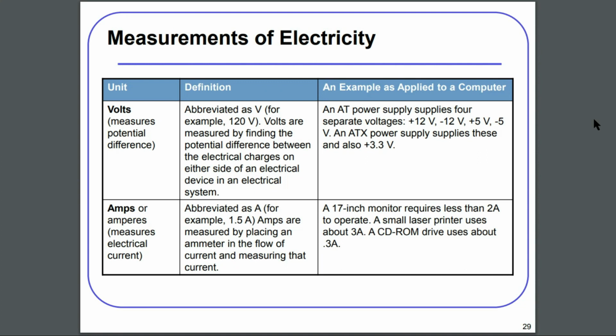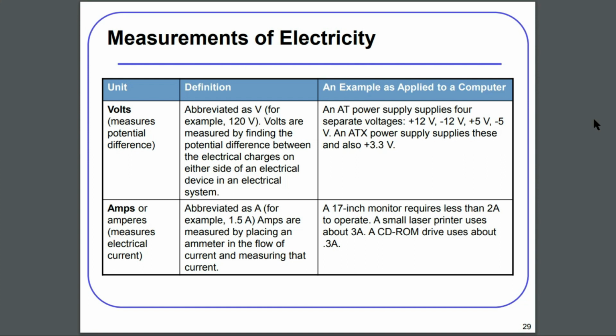Measurement of electricity. The unit volt measures potential difference, and amperes measure electric current. Volts are abbreviated as V, for example 120 volt. Volts are measured by finding the potential difference between the electrical charges on either side of the electrical device in an electrical system. For example, as applied to a computer, an ATX power supply supplies separate voltages: plus 12 volt, minus 12 volt, plus 5 volt, minus 5 volt,